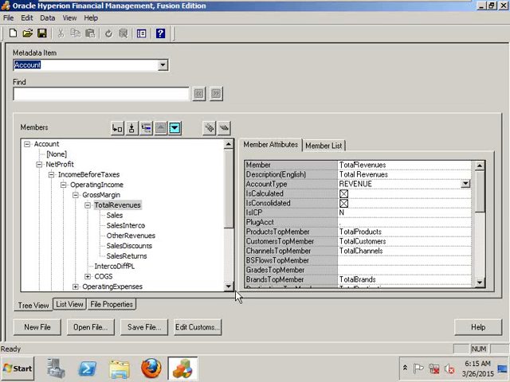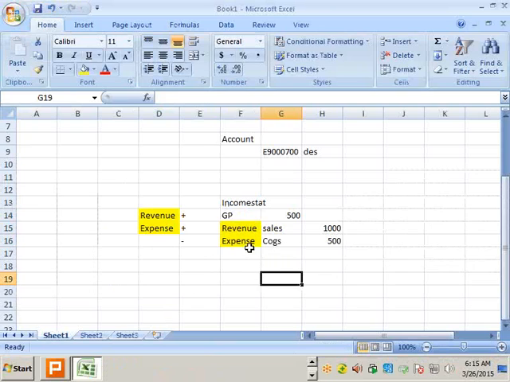How you are calculating the total revenues means total sales minus total returns and discounts. You can have the total revenues for this month. So to achieve this, you need to give the account types in the back end, like sales is revenue account type and sales discount is the expense account type. By giving it like this, the members will be calculated in the back end and will give the values of gross profit over here.